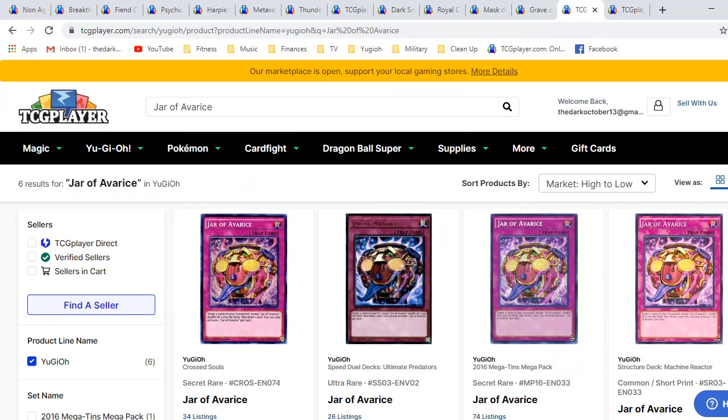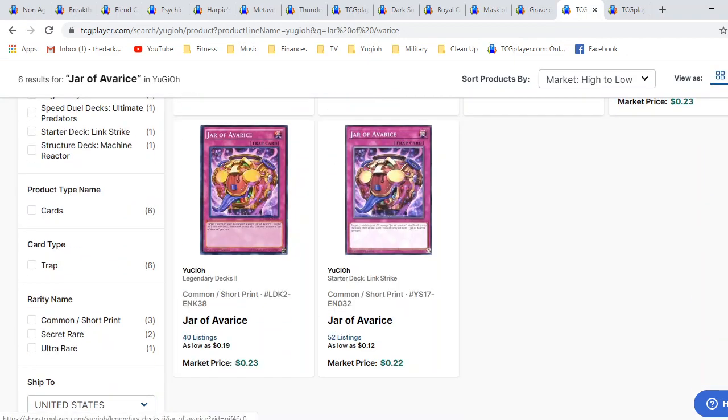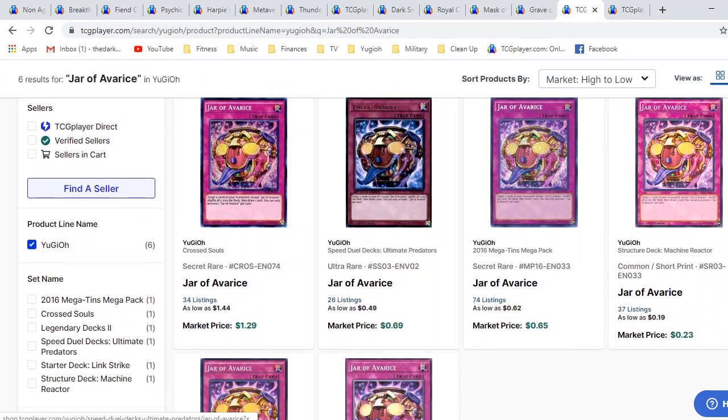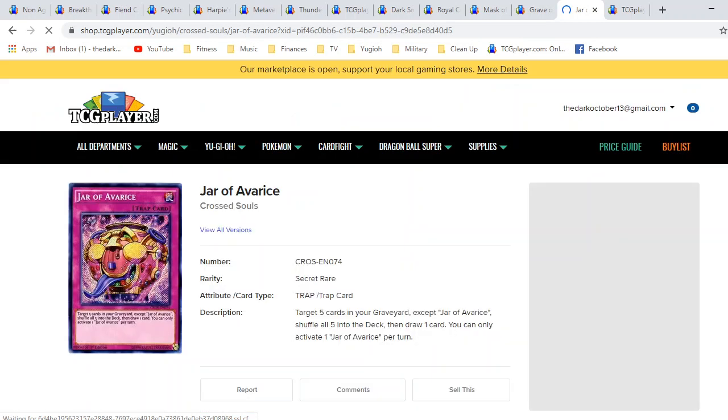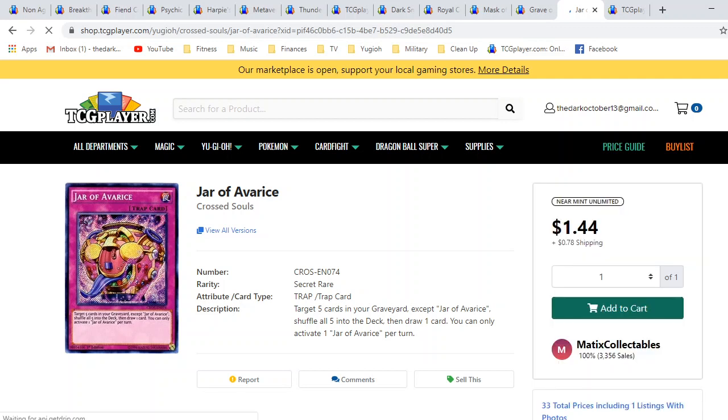Jar of Avarice. No one really talks about this card. This card's gotten a lot more reprints than I even realized. I really thought that it was just the 2 secret rares. Let's go ahead and take a look at the original first edition secret, starting from Cross Souls. If I'm not mistaken, I think Cross Souls was the last set that we got Ghost Rares